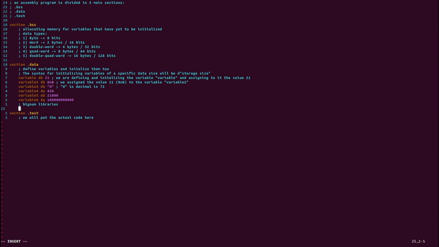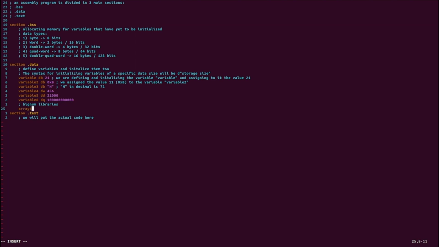So, with this said, we now know how to declare variables inside the section data. We know how to declare simple data types. But now you might ask, how do we define an array? Because in programming languages, having collections of elements, having a collection of contiguous memory, is very important. Well, it turns out that in assembly we can also do it, and we can define, for example, a variable